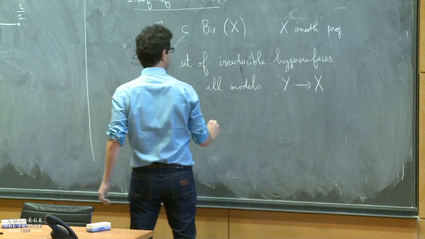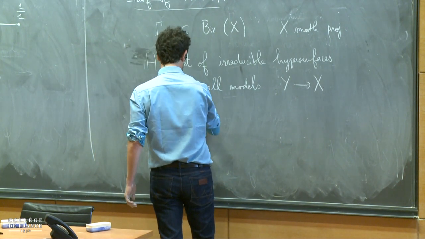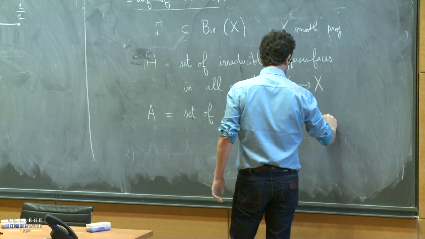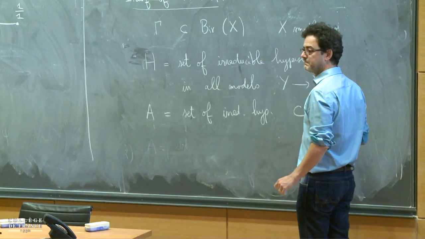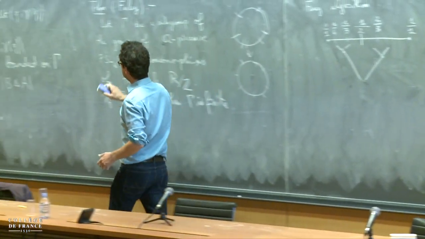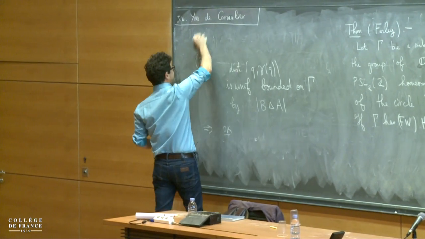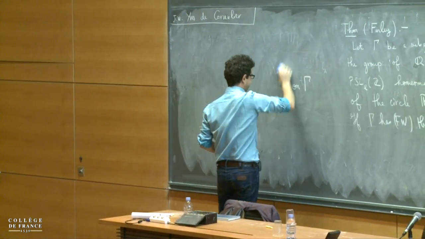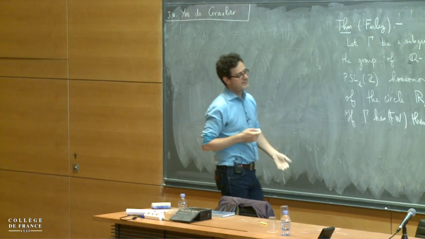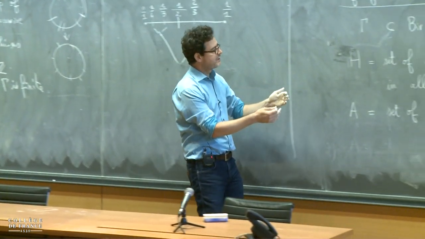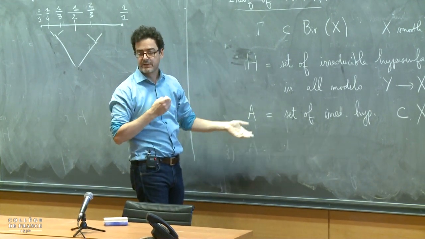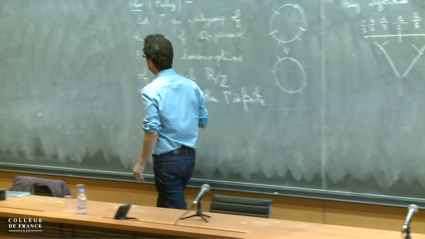Okay, now what is the set A? A is the set of irreducible hypersurfaces that you already see in X. Those coming from the starting variety X. And now the group gamma acts on irreducible hypersurfaces. It's what I told you, it's just by strict transform when you resolve indeterminacies. Okay? So that's so gamma acts